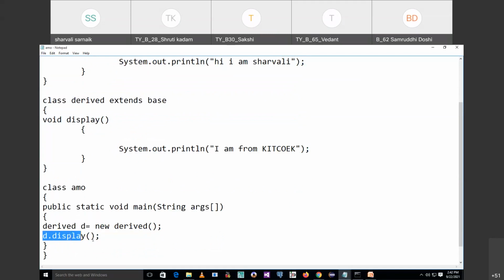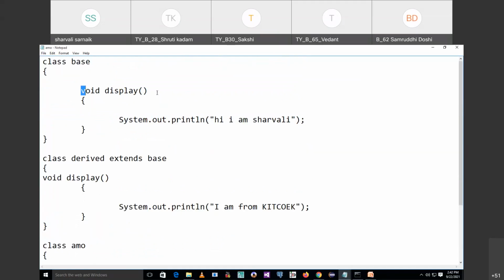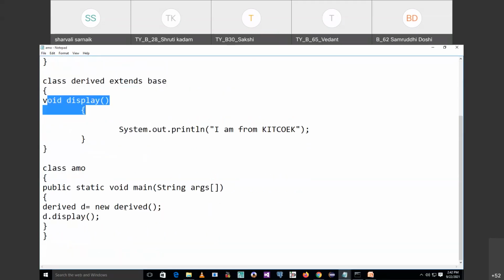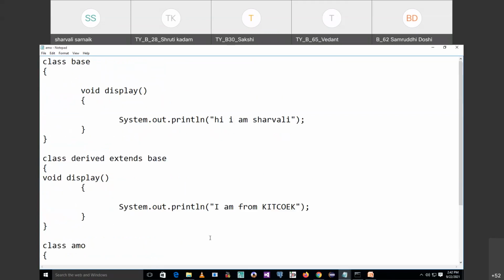And I have only given a call to D.display. Now, how will I understand which function D.display is calling? Whether it is calling a base class function or a derived class function, right? There will be an ambiguity. Means this D.display function, we will not understand whether it is a base class function or a derived